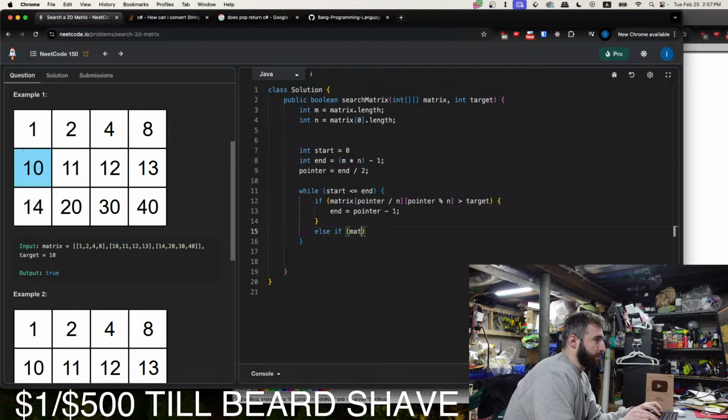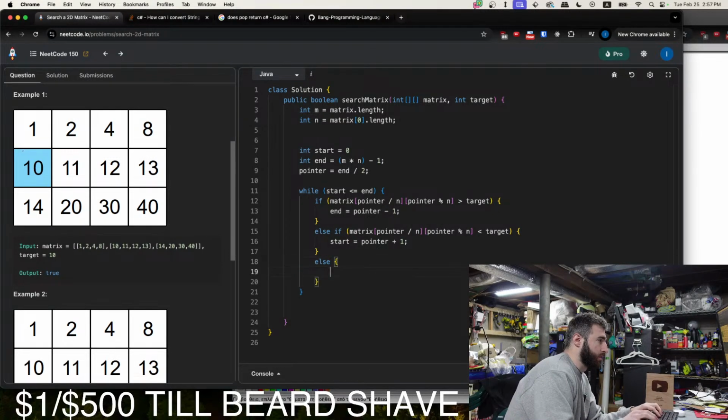Else if matrix pointer divided by n, pointer mod n is less than target, then start equals pointer plus 1.